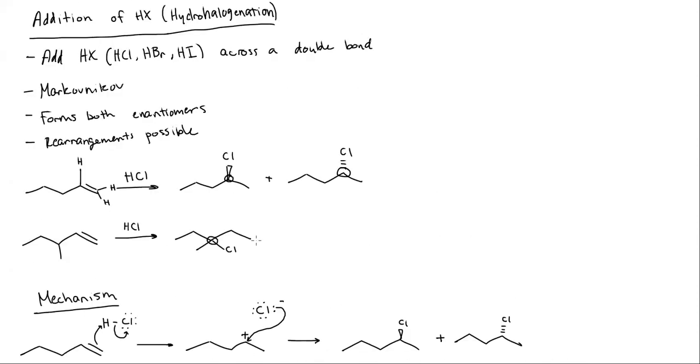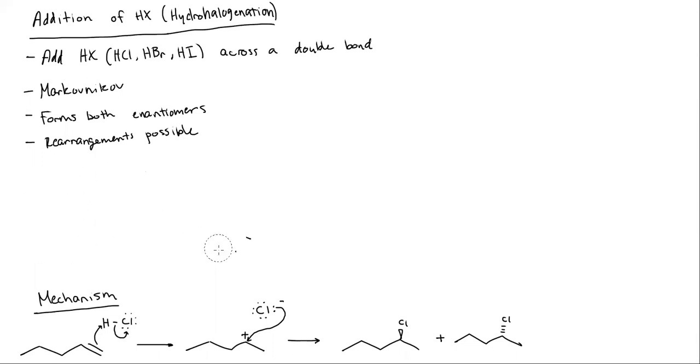So there's one other thing that I want to mention about this. So let me get rid of these two examples, and then I will do one other example here. The two that we just did were alkenes that were unsymmetrical, so one carbon was less substituted than the other. You can imagine an alkene like this,